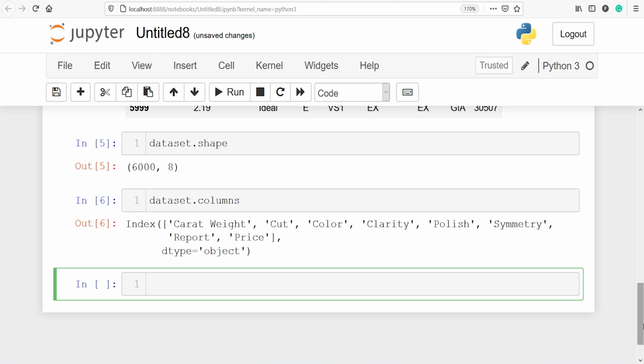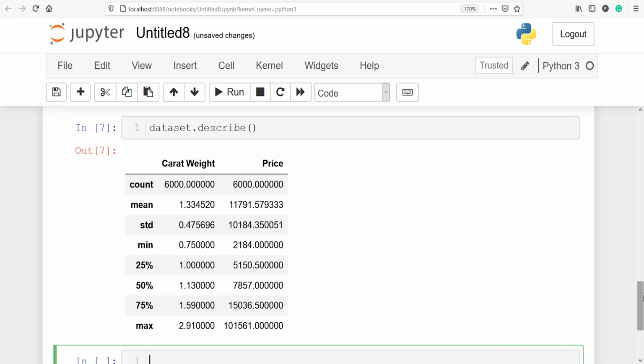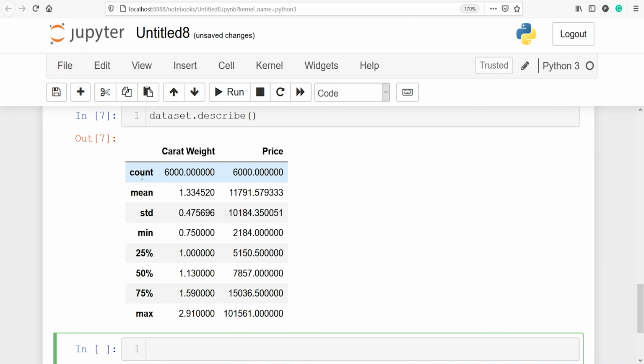We can also do the statistical analysis, and for that I will write dataset.describe. This will give us the statistics of the data frame. There are a total of 6000 observations.